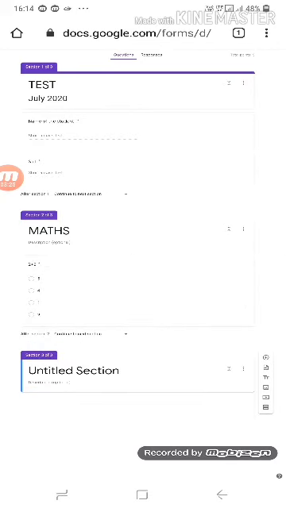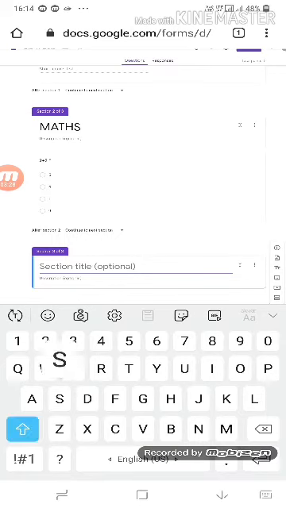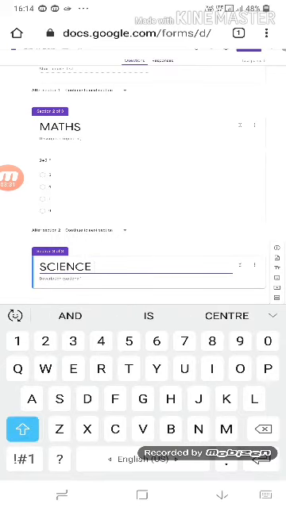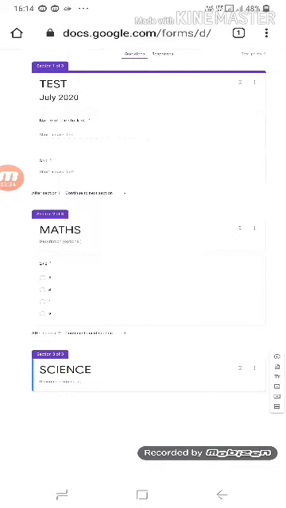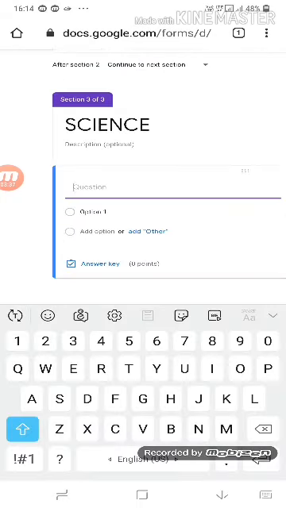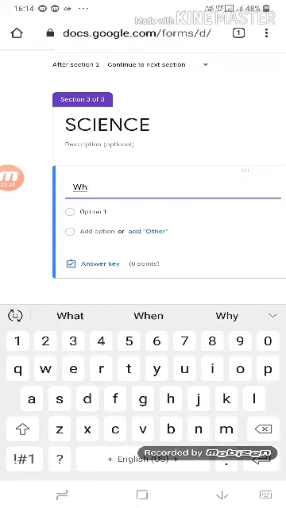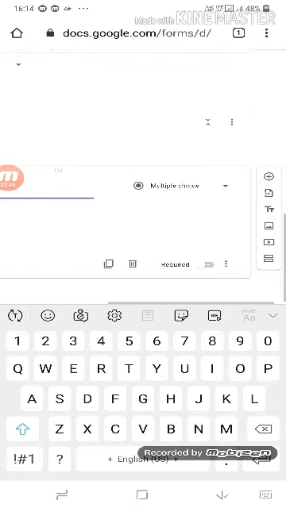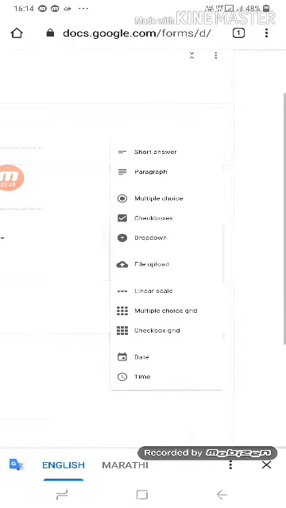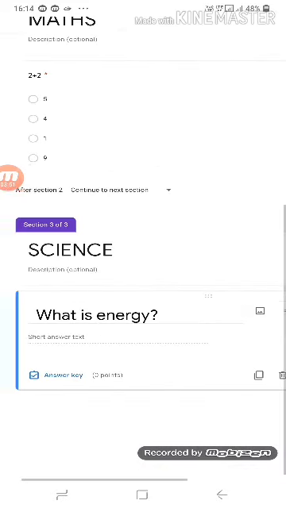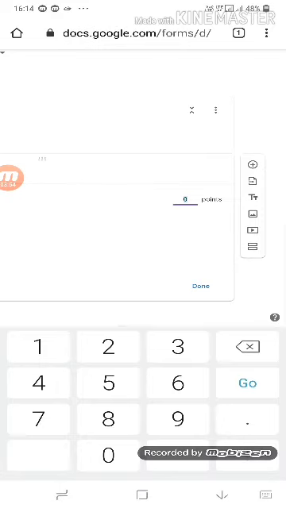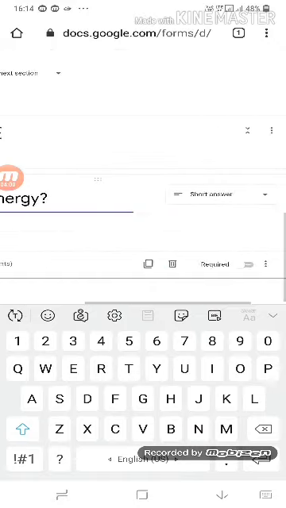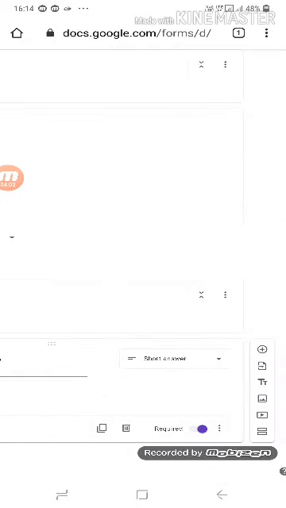So I am adding one more section, science. So I am adding question number 1. What is energy? Okay, so I am giving it in short answer, one line answer. Okay, so 5 points and done. And make it required. So I am creating one more section,